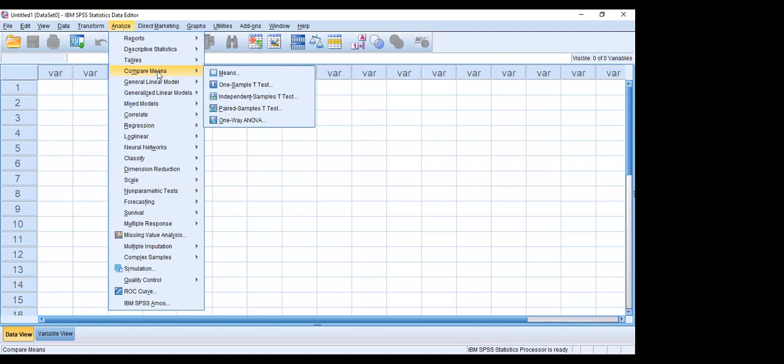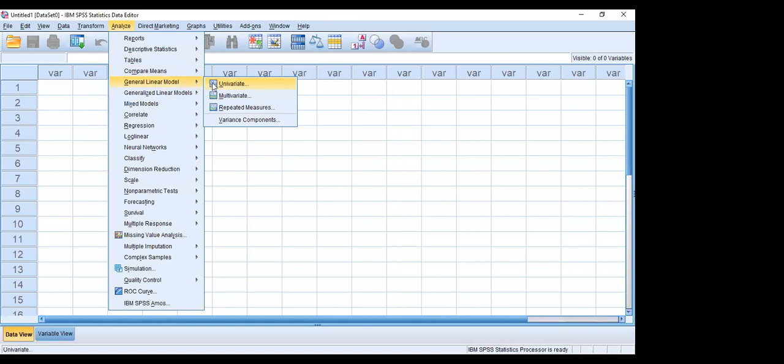Suppose you want to carry out the Student's t-test for independent samples, one sample, two samples, paired t-test, or one-way ANOVA. You can. The General Linear Model you can use for specified analysis of variance, such as two-way analysis of variance. Suppose you want to carry out two-way analysis of variance; we can use Univariate.